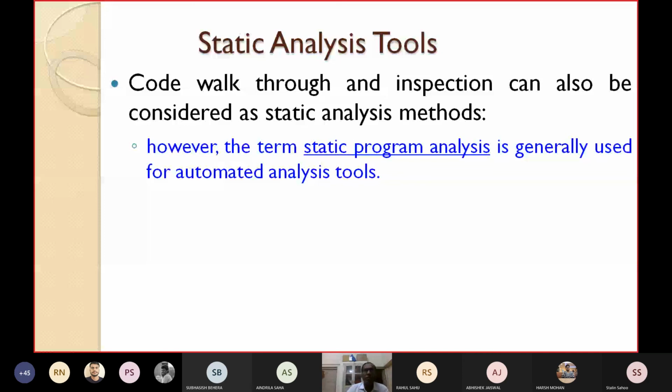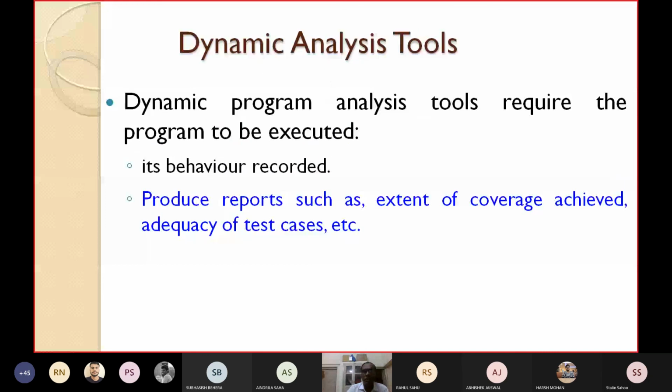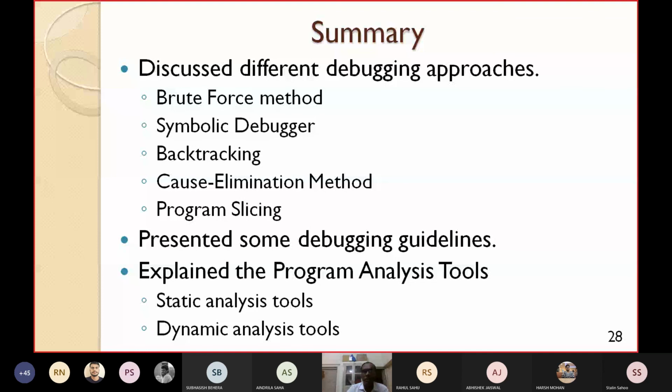We'll not discuss more about dynamic analysis tools; you can see those things in the book or internet sources. So this is about program analysis tools.